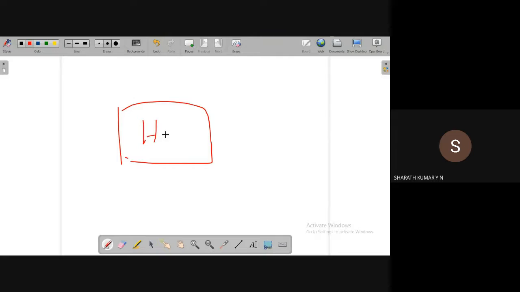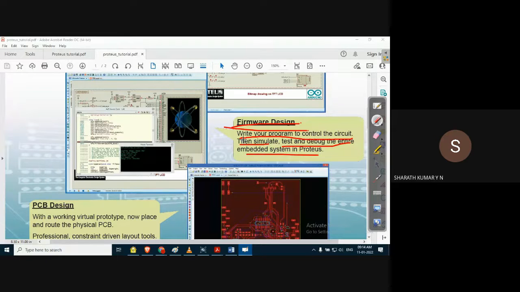We can design a half-adder circuit using basic gates, XOR gates and basic AND gates, and we can simulate and get the output. This combinational circuit does not involve any programming. Once we go for programming, the modules are programmed, for example, a microcontroller, so that we can simulate the hardware environment. There is an embedded system. We can test it as well as debug the system, so that we can implement an embedded system in the Proteus software.